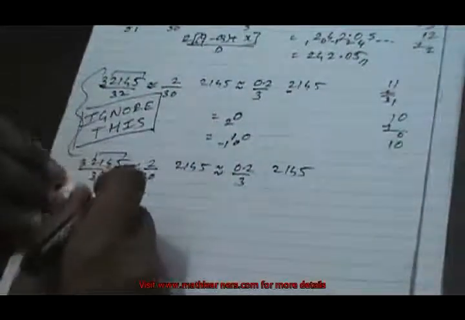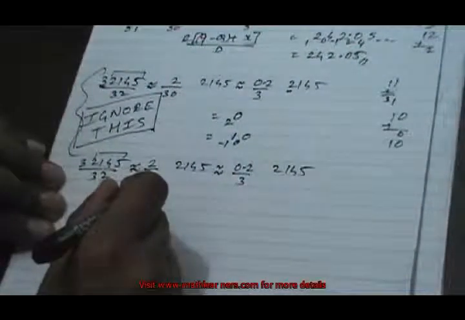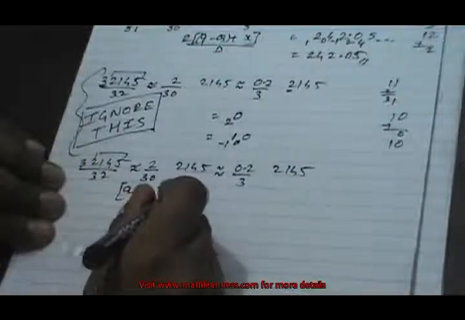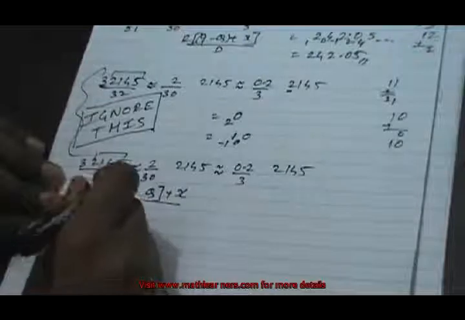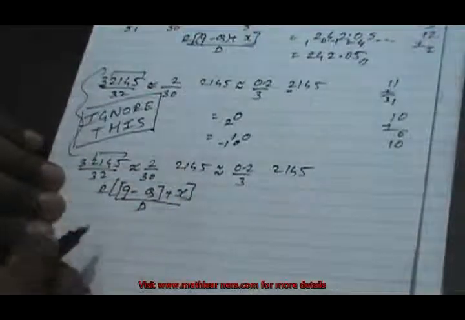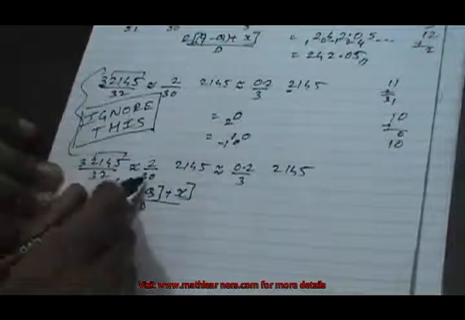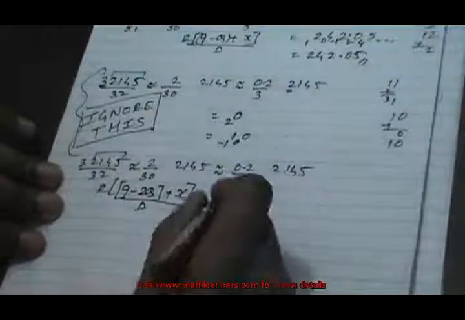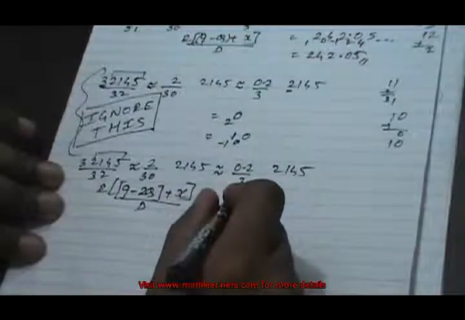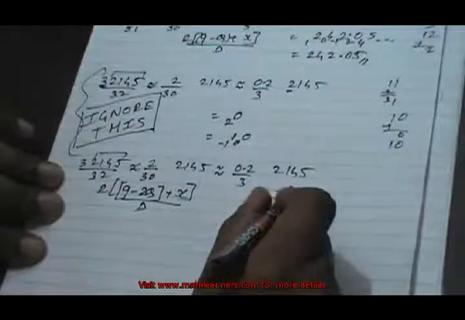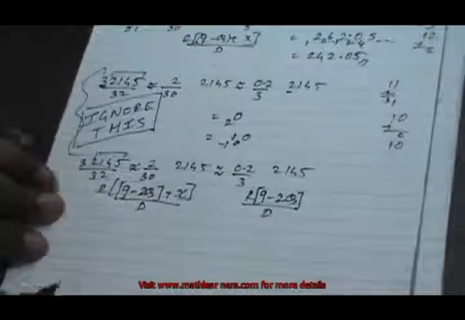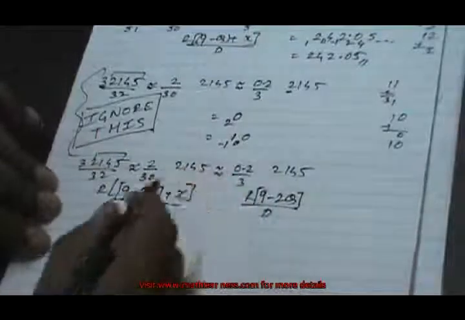So we follow the same process, that is, 9 will be subtracted from the quotient. If some extra digits are there, we add them and append the remainder and divide by the divisor. Since 32 is 2 more than 30, we need to take double of the quotient, and suppose if we do not have any extra digits, then it will be 9 minus 2 multiple of q appended by r and divided by d. Okay, so 2 by 3.